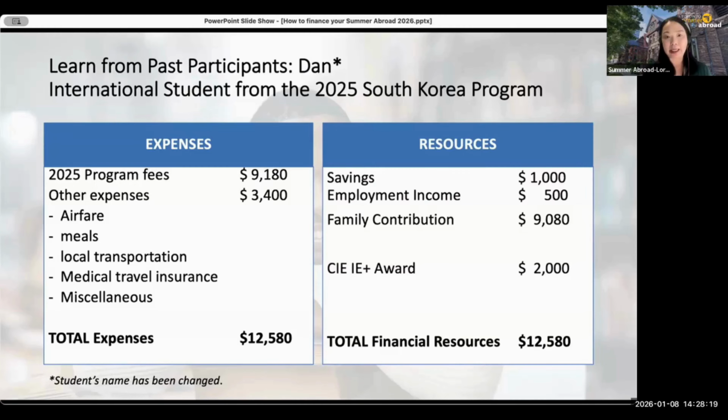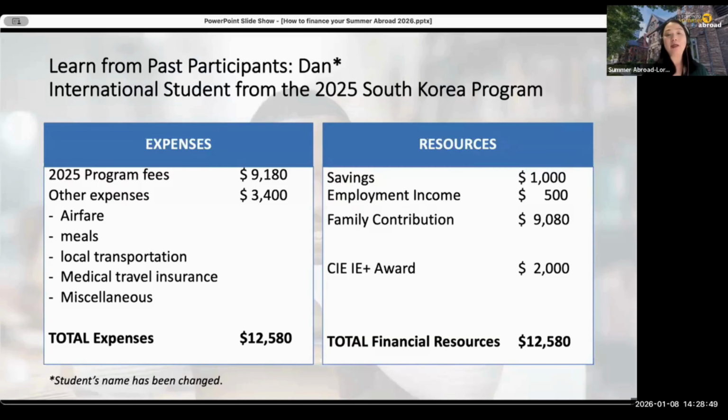Can they access funding? Yes, however, I do really want to be realistic that the funding for international students tends to be limited. You may be able to access some funding through the CIE Award Plus, also available and open to both domestic and international students. However, you will note that the funding for international students, not surprisingly, is generally lower.